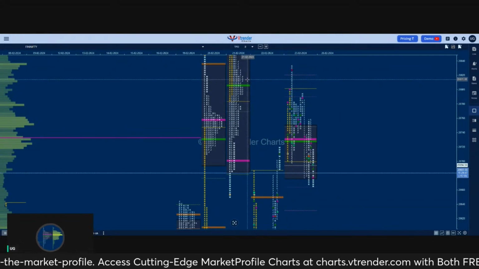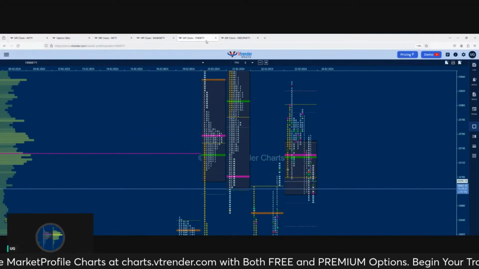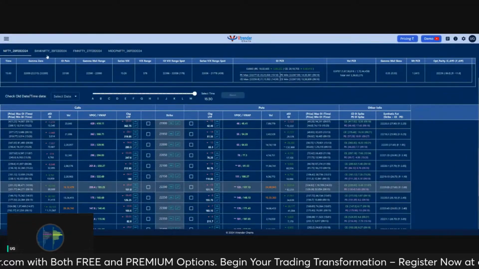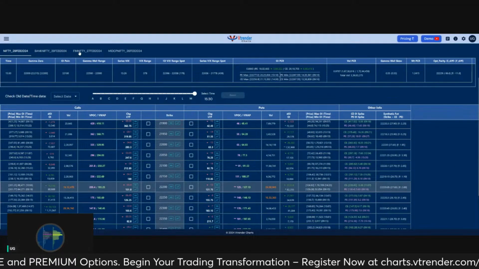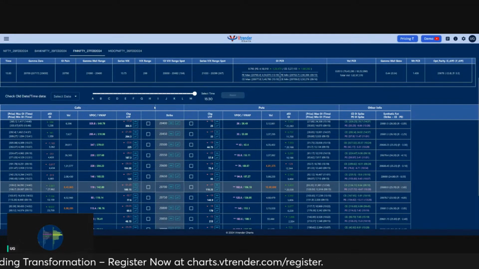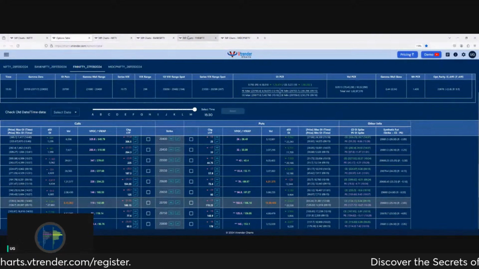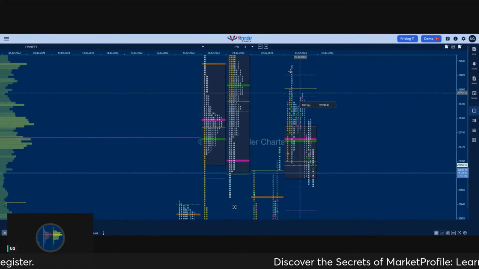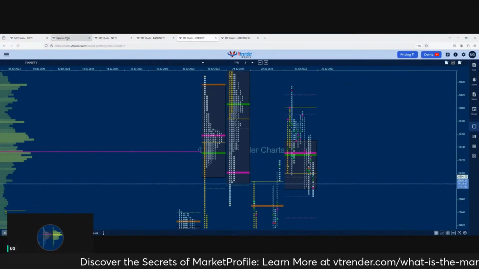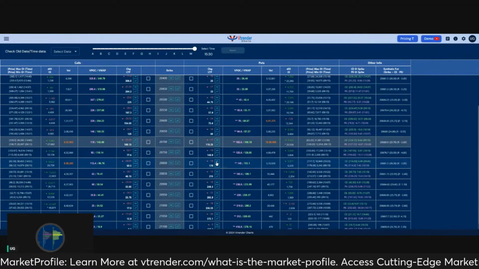So how we can trade these indexes using the market profile chart and the option chart is, go to the options table, and we have all the four indexes mentioned here. So in Fin Nifty, we go to the current series and look at what the chart is showing. So here we have got a seaside extension at 20,800. So what we can do is open the 20,800 put and see if we are getting any